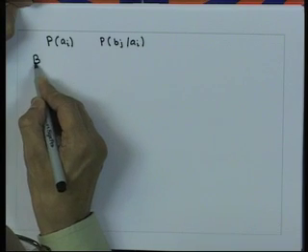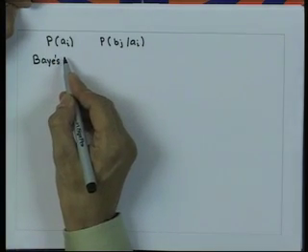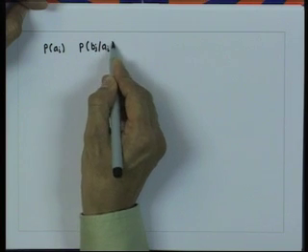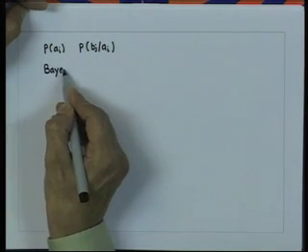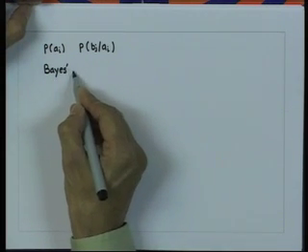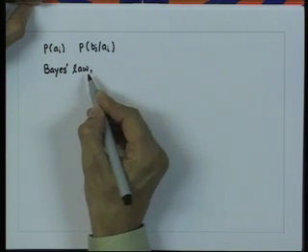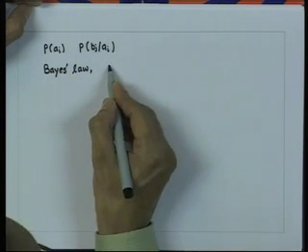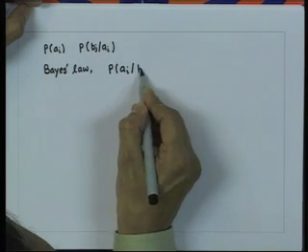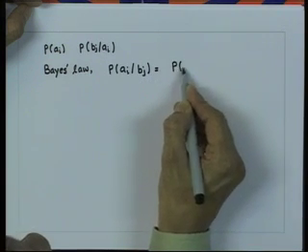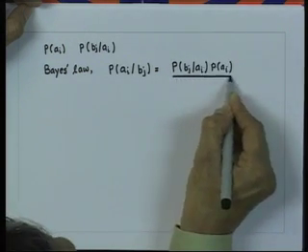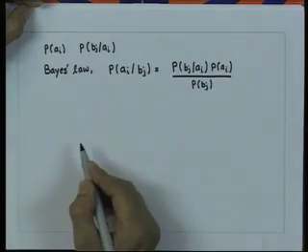Now, according to Bayes' law, the conditional probability of an input Ai given that an output Bj has been received is probability Ai given Bj is equal to probability of Bj given Ai multiplied by probability Ai divided by probability Bj,